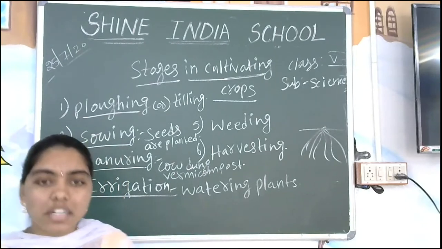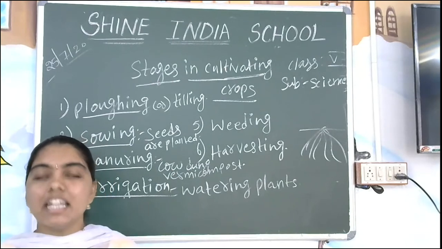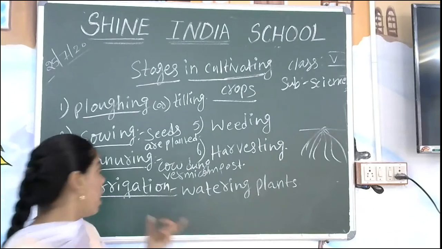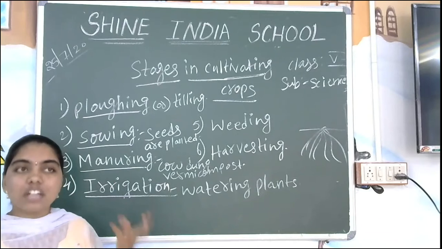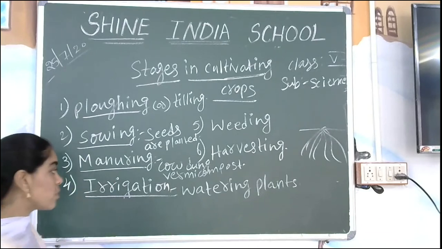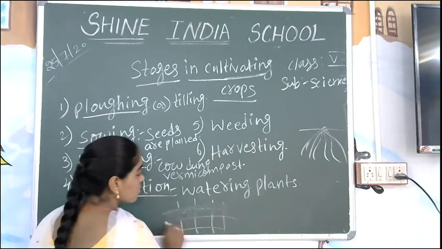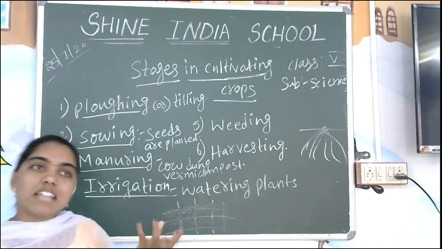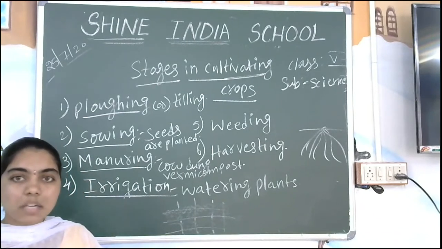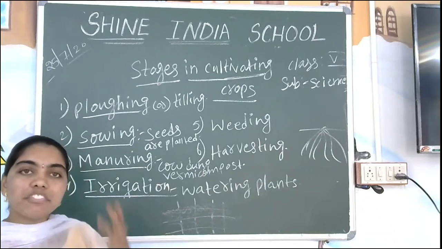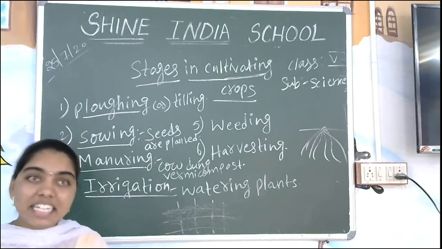Irrigation means watering the crops. The time and how the fields need to be irrigated depends upon the type of crop. Suppose we are going to cultivate wheat or rice. Sometimes you can see like this line, and we keep the water continuously for them. A rice plant needs more water. So it depends on the crop. Next, the cotton plant also needs more water. Whichever plant needs more water, they give according to the need of the plant,